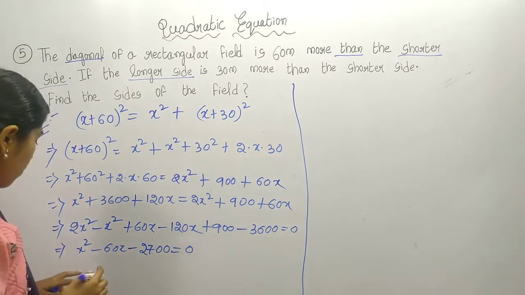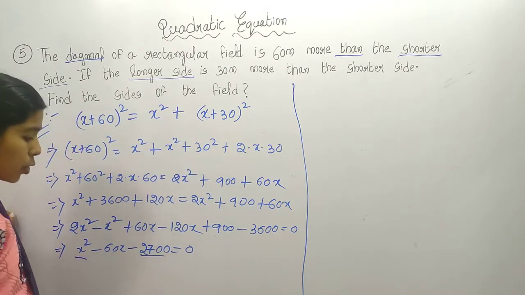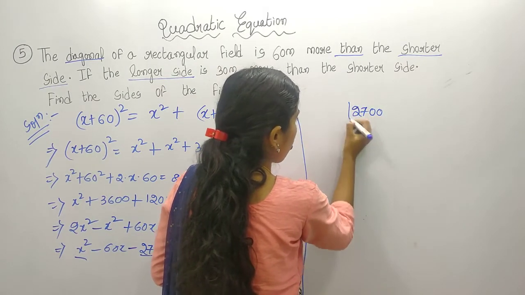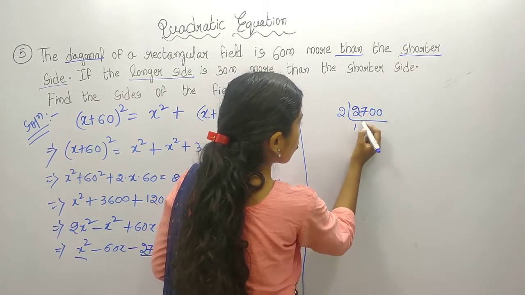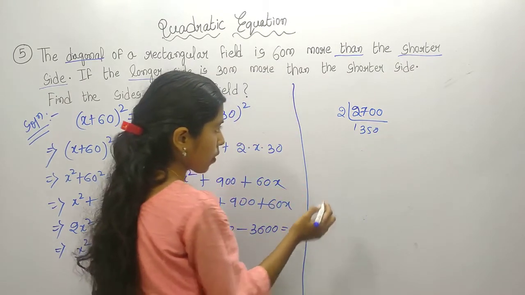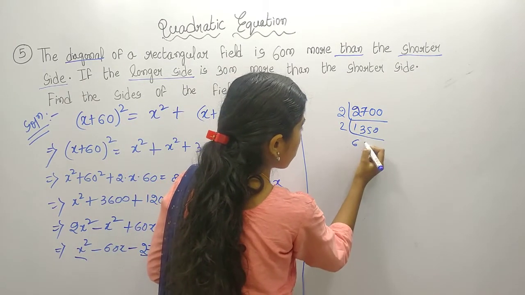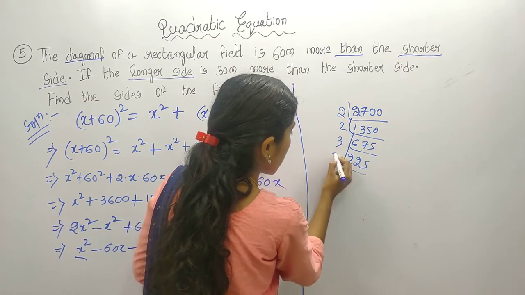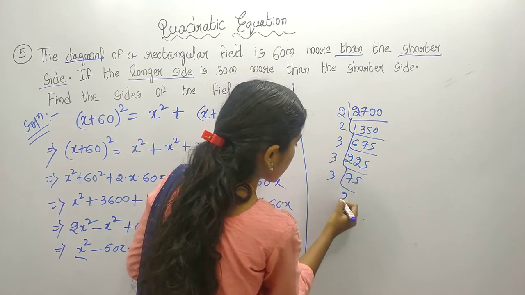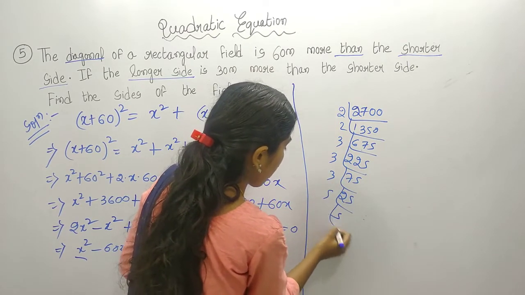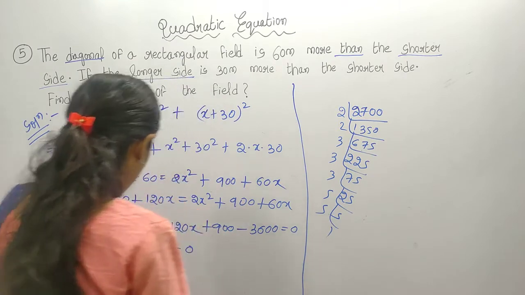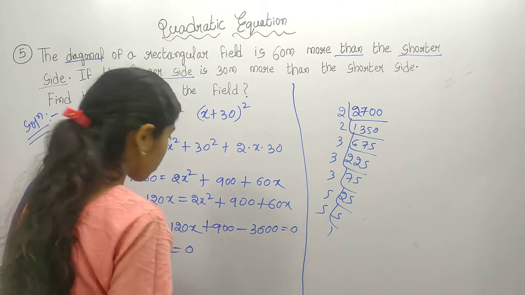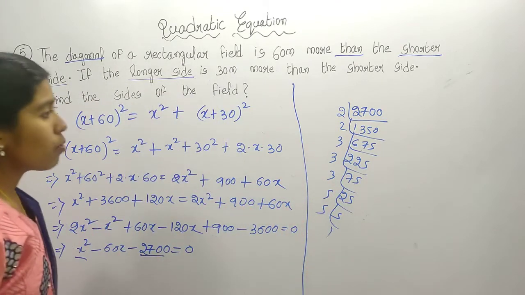So you see what I have said, 1 into 2700 is 2700. We will find the LCM of 2700. Dividing by 2, 3, 5 repeatedly: 2 1 2, 3 6, 2 7 14, 2 5 10, 3 2 6, 3 5 15, 3 7 21, 5 5 25, 5 1 5. We need minus 60 and minus 2700. How will we see this?